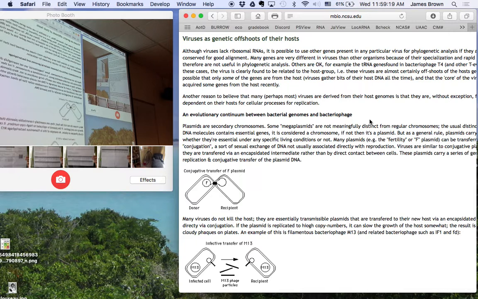You put them all in a row, and it makes sense that you could evolve from one to the next in a step-like fashion. Now, the sawfish is not an ancestor of the manta ray. It's a modern organism, but it's a stand-in for an evolutionary ancestor. Can we do the same thing with bacterial genomes and viruses, or host genomes of any kind and viruses? And the answer is yes.